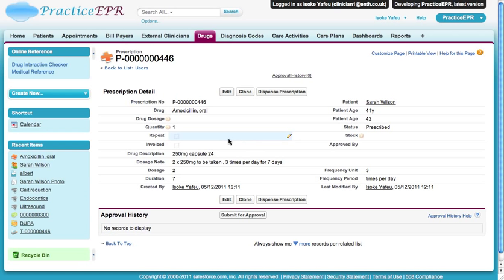Okay. If that drug was a controlled drug, the status of it would be changed to awaiting approval. And then I could submit that drug for approval, and my pharmacist or senior clinician would be the person to approve that drug. In this case, the drug amoxicillin is not controlled and therefore does not need approval before it can